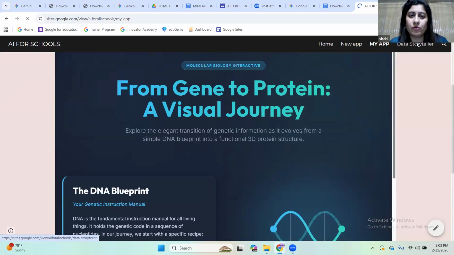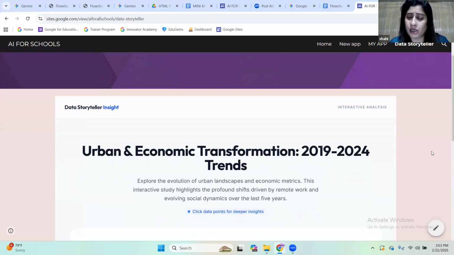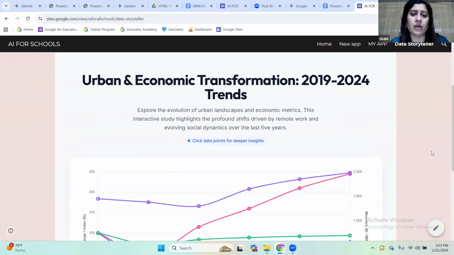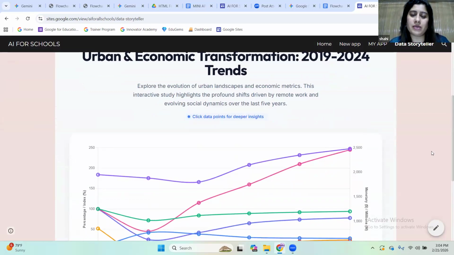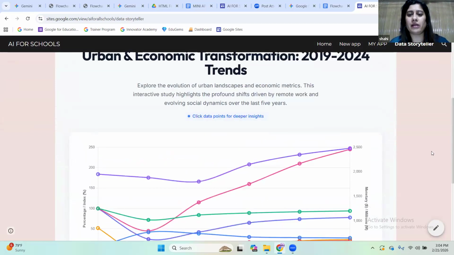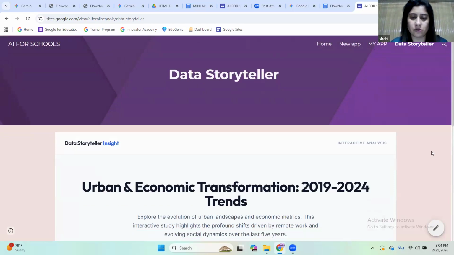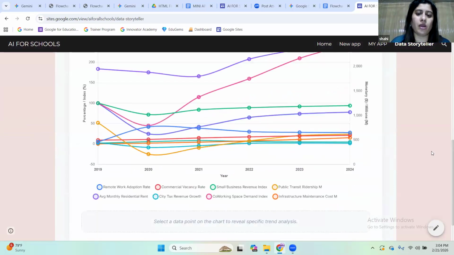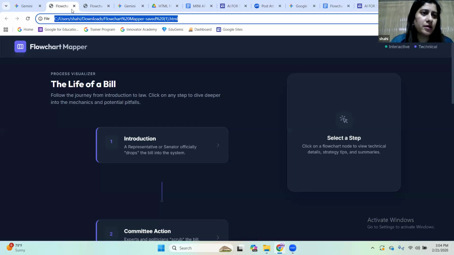So this is just a one time effort, you can create it very easily. Google Sites is again free, the way you create your own Google Doc, Google Slides and Google Sheets. In the same way, Google Sites can be easily created. And I have just done it in front of you. I've created a page, I have embedded the code, and it has given me the output. So this is the easiest way of sharing your creations with your students and with other people with whom you want to share. So this is the complete way of doing it.